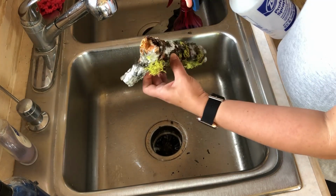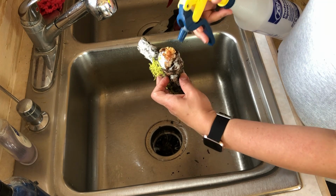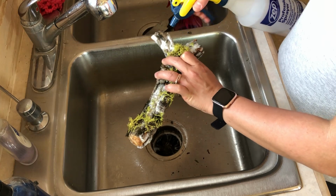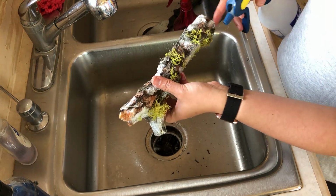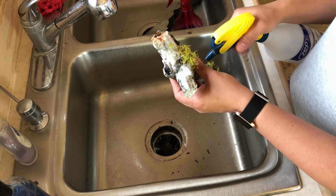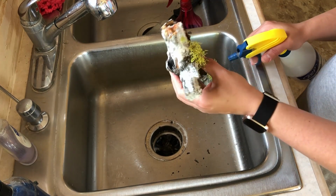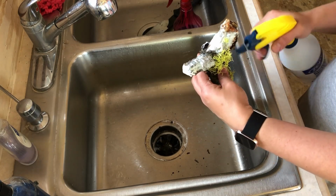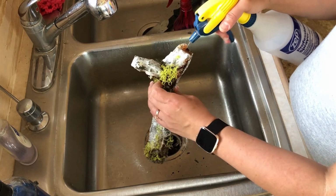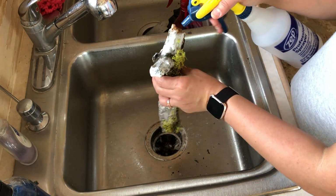Alright guys, I'm just spraying this wood with peroxide. Look at that, it's really doing the job. It bubbles, so all the crannies and the areas, I sprayed them. I'm not sure if it kills the moss, but possibly it does, but I'll rinse it after when it dries. But my idea is to kill any bugs or any infection in here, so it does not kill my orchids. Because I'm thinking to put my kiki in this piece of wood, the dendrobium kiki,